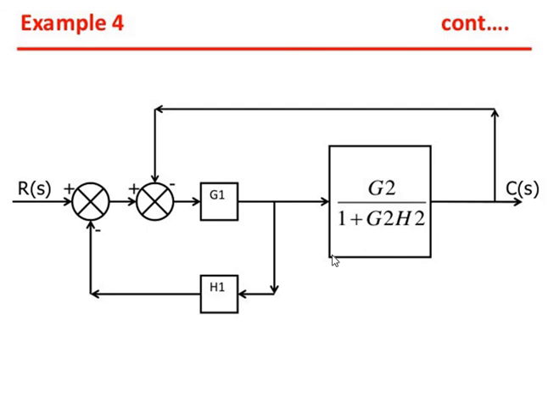Now we can't apply rule 3 for elimination of the feedback path H1 because there are two summing points. So first we can't apply any of rule 1, rule 2 and rule 3. So we have to shift this summing point to this point and this point to this point, so we can apply rule 3 for G1 and H1. To shift the two summing points, we have to apply rule 4.